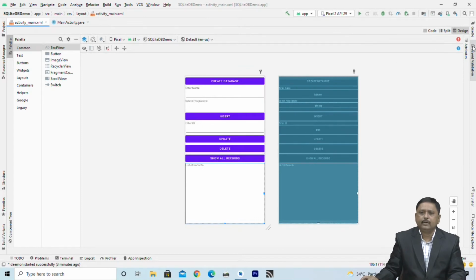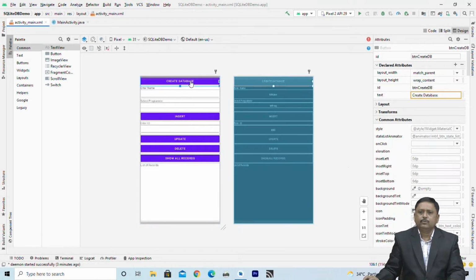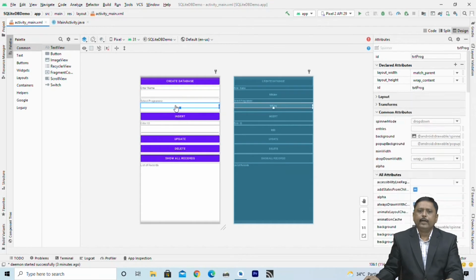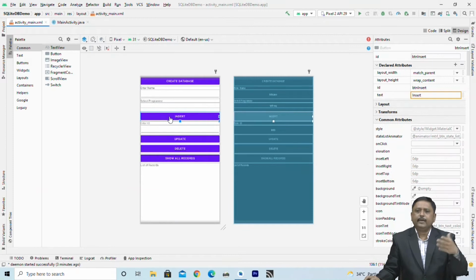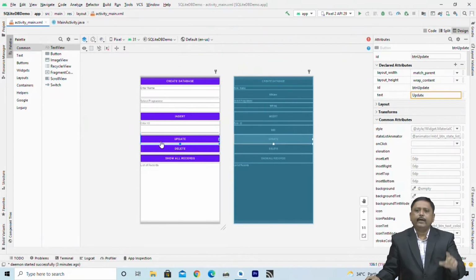Now let us understand the ID for all these controls. So this is button create DB, this is txt name, the name of the program is txtprog, the name of this button is btn insert, the name of this edit text is txtid, and the names of these buttons are btn update, btn delete and btn list.